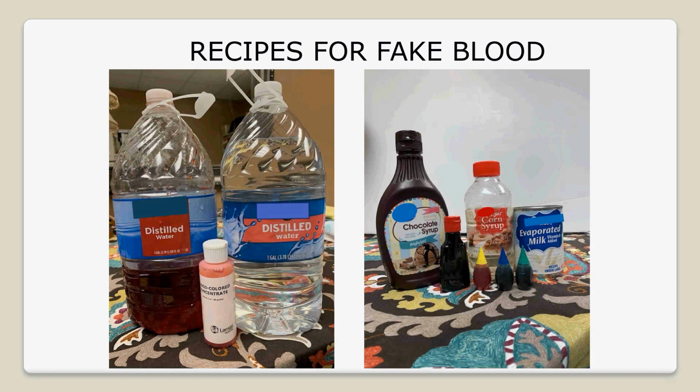And I'm not going to stand on this one a long time. You can go to the internet and get all kinds of recipes for fake blood. I know that Softy clear hair gel makes really good clots. And another thing, going to the blood bank and asking for them to save expired blood for you makes it a little more realistic. Or if you can get empty bags from them to spike into, or an expired or left-out bag of Ringer's or saline or something, and then put the blood dye in it, you can spike that with the blood bag and fill it up. There are easy ways to make all the items you need for the simulations.